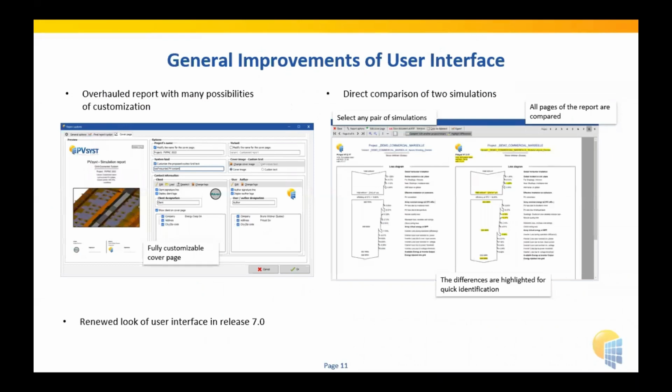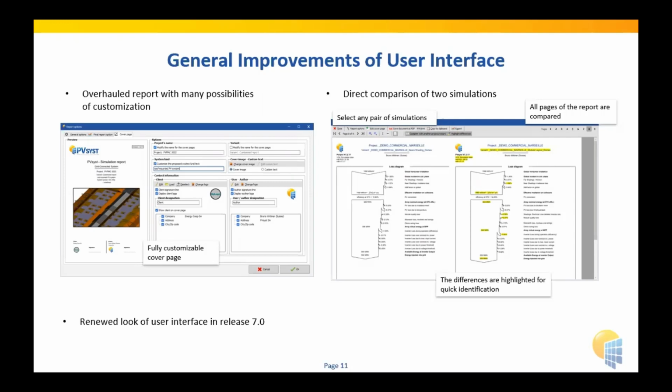Finally, we have, in general, tried to improve a little bit the user interface, which was getting old. So we also overhauled the report with many possibilities of customization. Here is an example of how to customize a cover page. You can put a lot of information in there and really customize it to your needs. We made a completely new look for the interface in release 7.0, so it looks quite different than in version